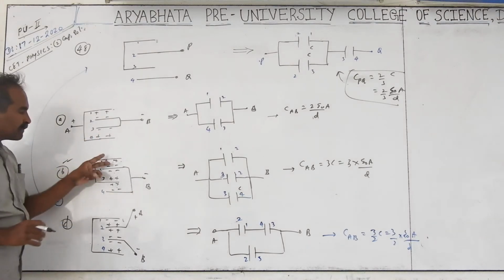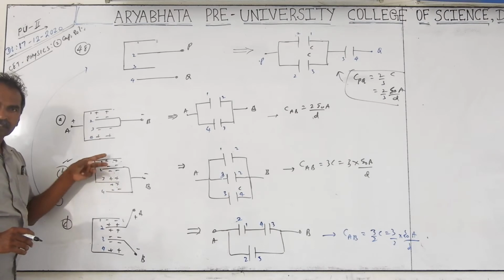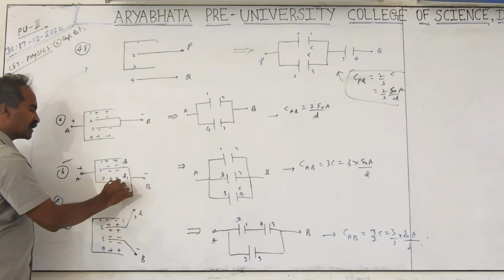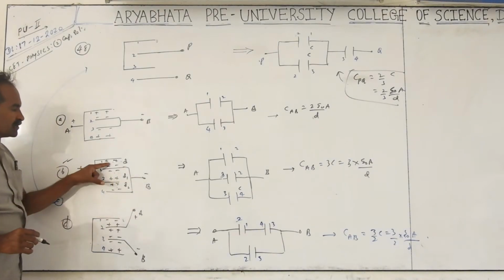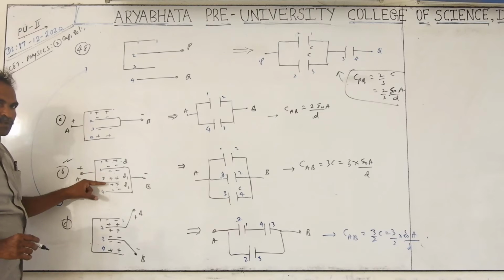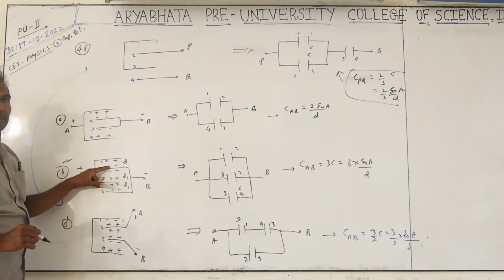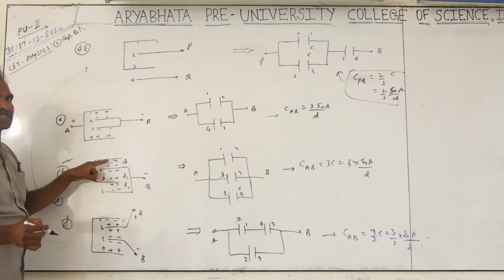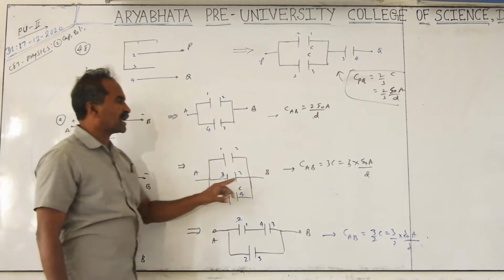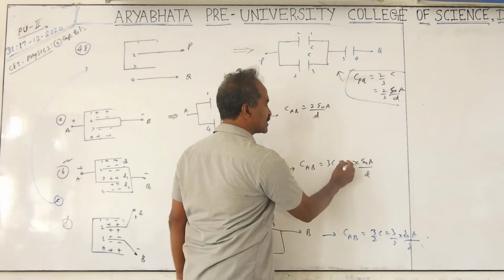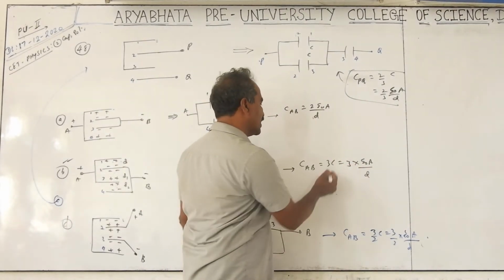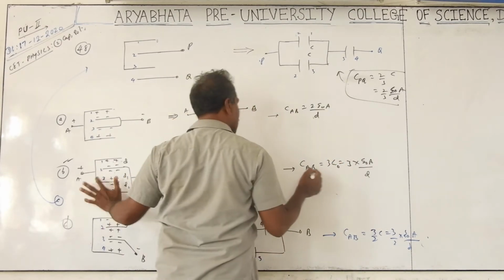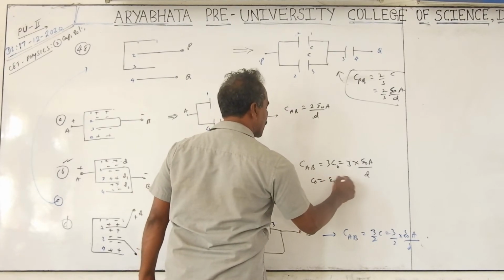So if identical capacitors are taken with the same gap between them, it is C plus C plus C. If any one has a different distance given, say this is D and this is D1, then you take C1 plus C2 plus C2. These two are the same, so 2C plus this different capacitor C1. C plus C plus C2 or C1 plus C1 plus C2, like that you take. Each capacitance is a parallel plate capacitor, epsilon A by D. Here I have taken air as the dielectric, so it is epsilon A by D. If each capacitance value is given as C0, the resultant becomes equal to 3 times C0 in this case. What is the C0 value? It is epsilon A by D.